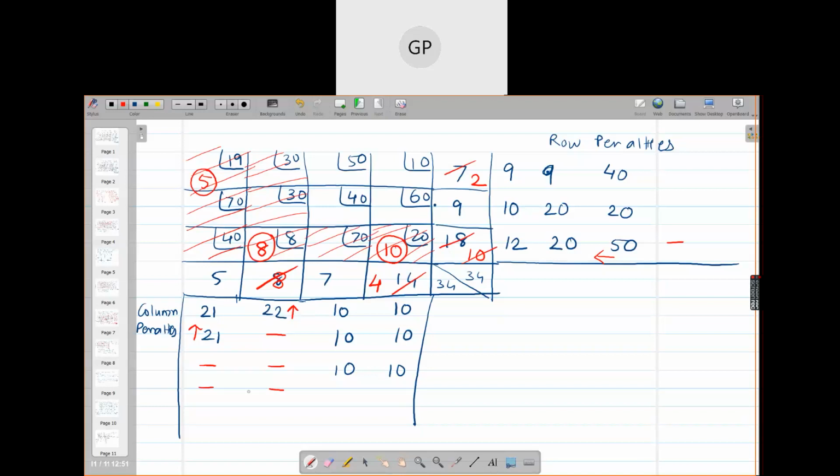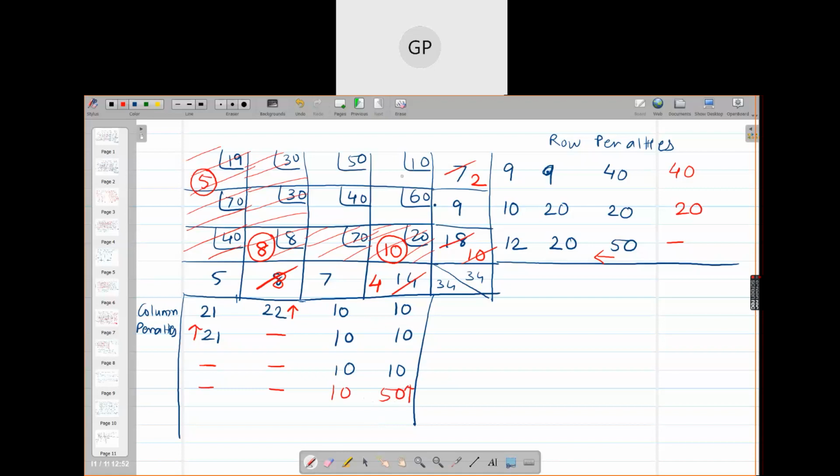Next, the rows will be the same, the column will change. 40 same and 20, and the columns 10, 10 and 50. So this 50 is maximum again. There is no tie fortunately so far.